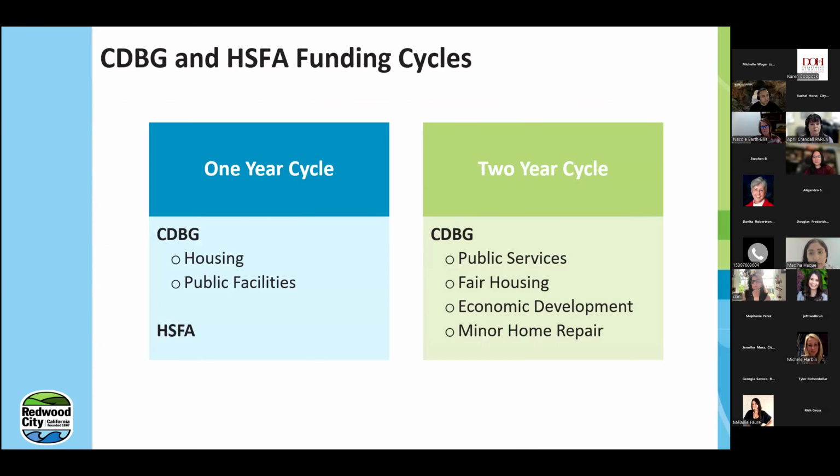Next slide. So this is the first year of our 2-year cycle, as Karen mentioned. Our CDBG programs that are public services, housing, economic development, and minor home repair go on 2-year cycles. And then housing, public facilities, and HSFA are on a 1-year cycle. Next slide.